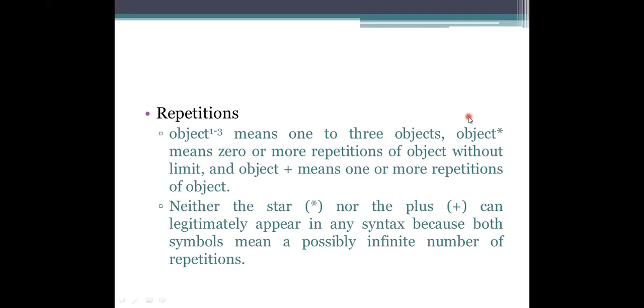The other operators or representations here are plus and star. In the previous class I also explained that these two symbols are not processed by the syntax representations. That's why we take a hyphen, that is the object, and with the suffix we provide the number of times it has to be repeated. So this object has to be written multiple times, and how many times is specified here, that is 3 times, for the processing.